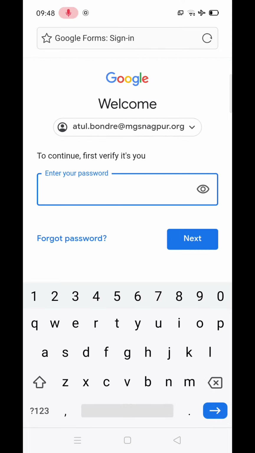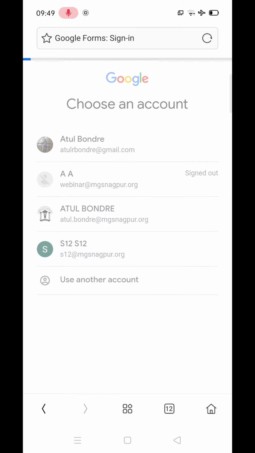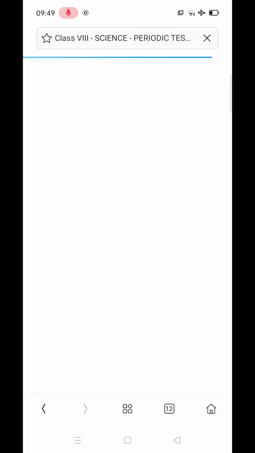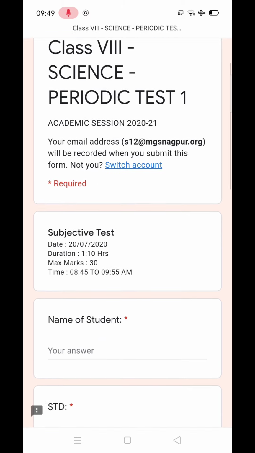Here you can see my mail ID currently selected is atul.bondre@mgsnagpur.org, but my student ID through which I am going to solve this test is s12@mgsnagpur.org. So I need to log in through that mail ID. So the test will open.